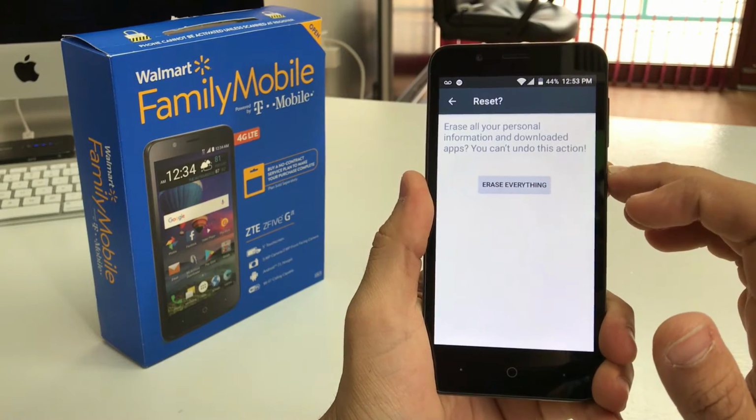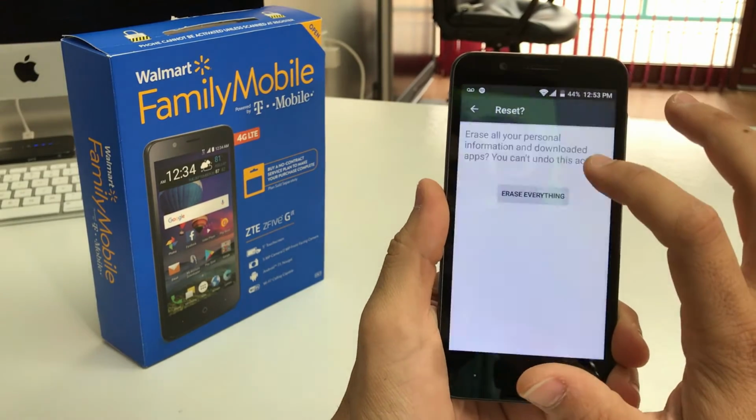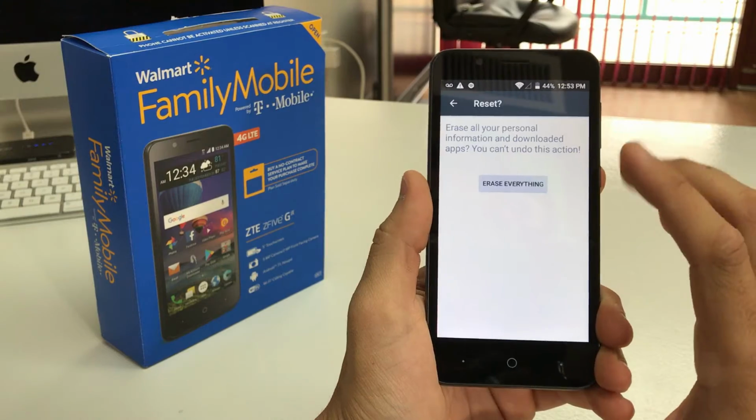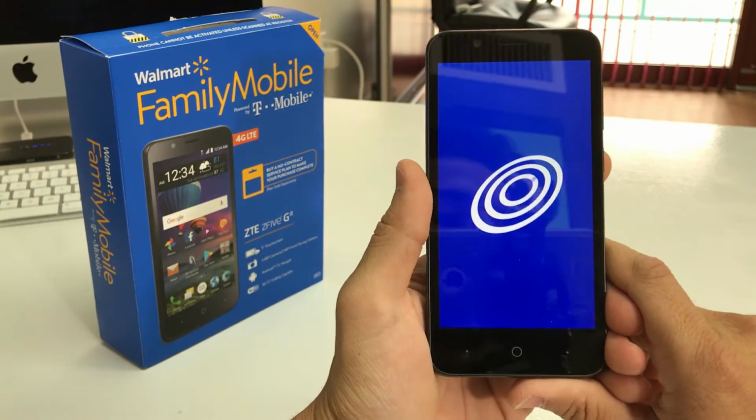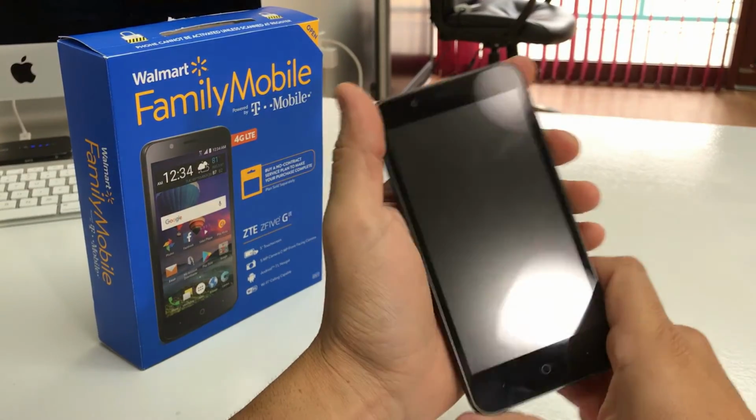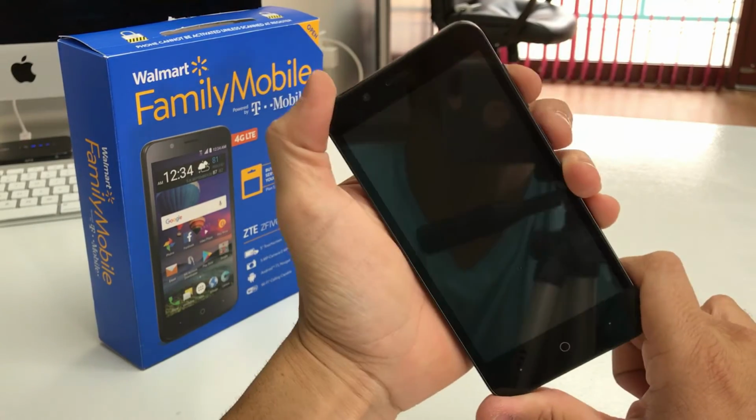So let's go ahead and show you how to do it now with the buttons. So power your phone off. Alright everyone, so once the phone is completely powered off, what we're going to do is we're going to hold